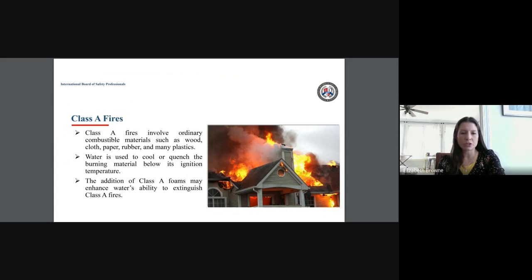Water is what we typically are going to use in Class A fires, but we will see that we have a multi-use class A, B, and C fire extinguisher that are the common extinguishers we see in a lot of workplaces that put out class A, B, and C fires. And they do not have water though, because we saw that we cannot use water on a class C fire. So class A also can use a foam that can enhance water's ability to extinguish class A fire. This is done by cooling the heat that we saw was one of the legs or parts of the